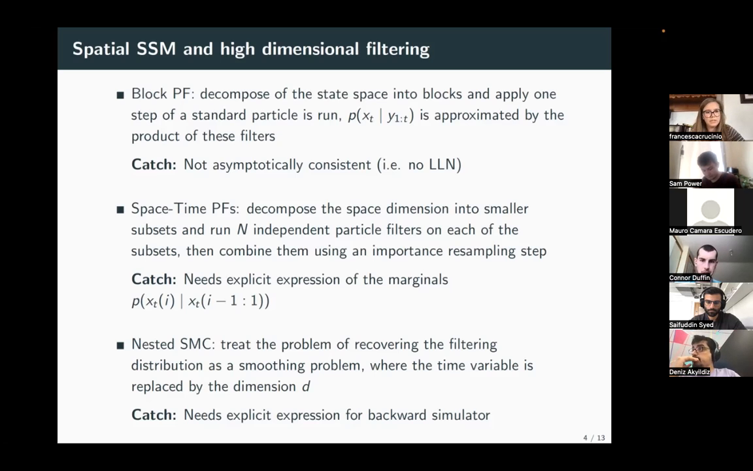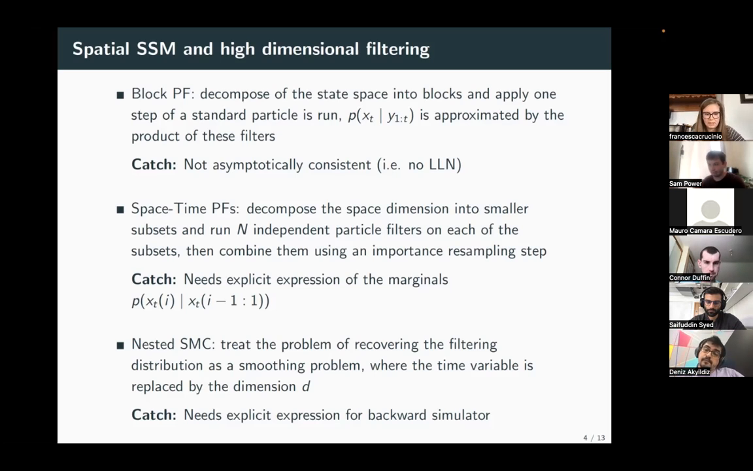The second one that I mentioned over here is the space-time particle filter, which again uses a similar idea. So we decompose again the space dimension into smaller subsets, which they call islands instead of blocks. We use particle filters on each one of them. And then instead of just taking the product, we perform one extra importance resampling step. So this extra importance resampling step gets rid of the bias. Because now we are not just taking the product, we are sort of using the product as a proposal for an importance resampling step. So it is asymptotically consistent,